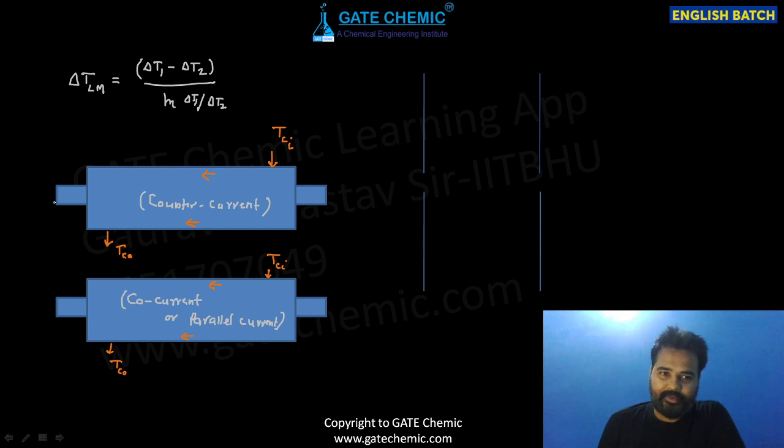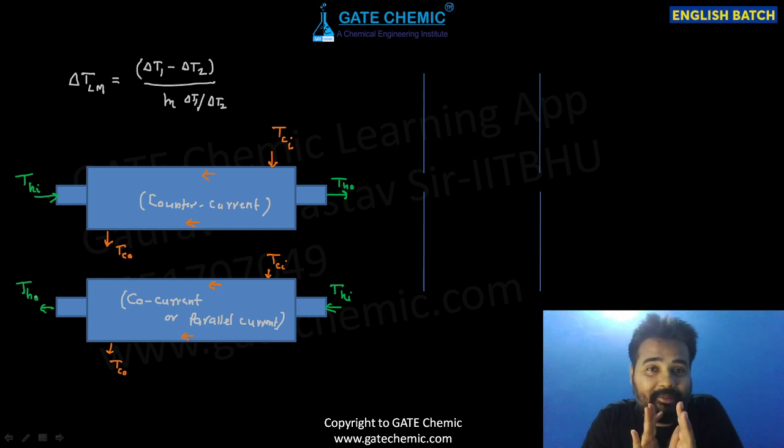Now see here, if from this side your hot fluid is entering at THi temperature and exiting at TH naught temperature, and in this diagram this is entering from the left side at THi and exiting from the left side at TH naught. Oh my god, that means for the same design, if I just change the flow pattern or inlet side, I am able to change counter current flow to co-current flow.